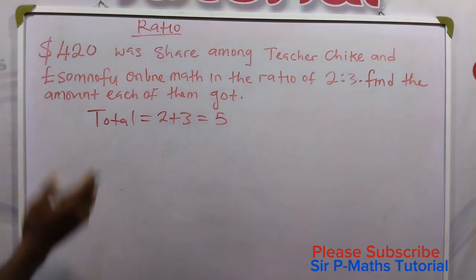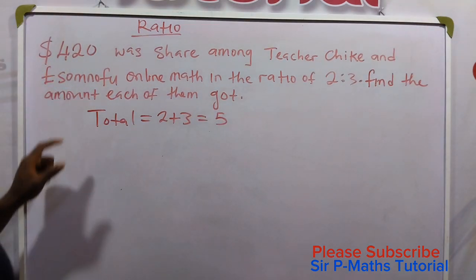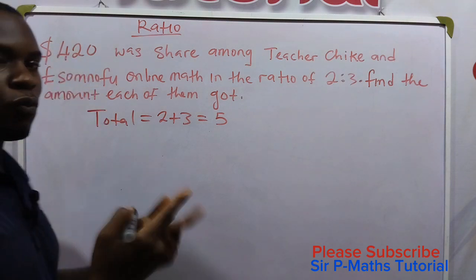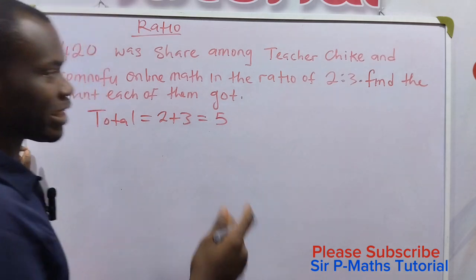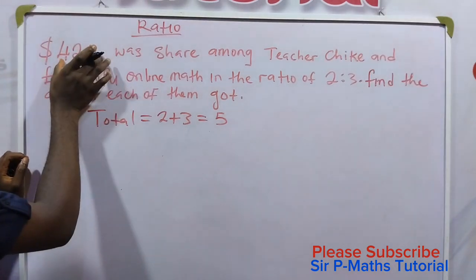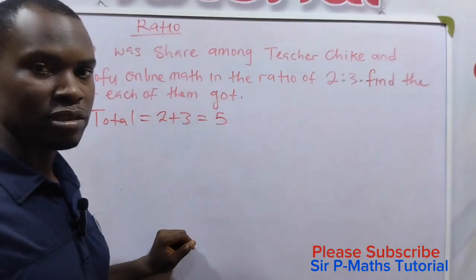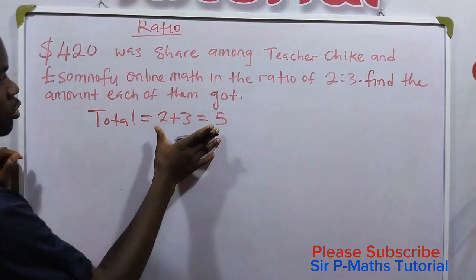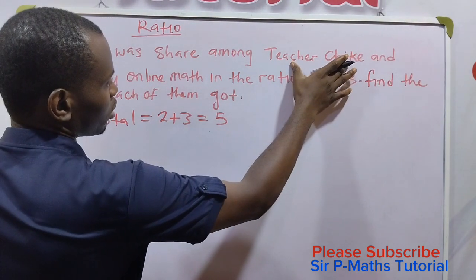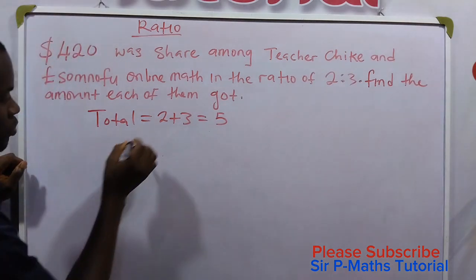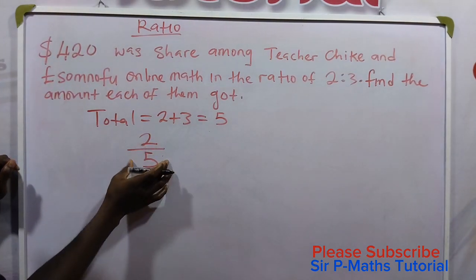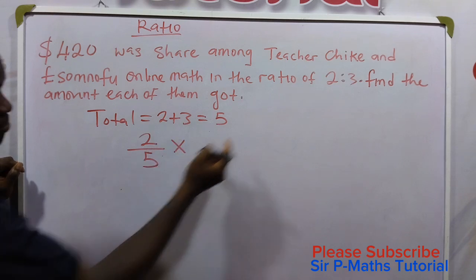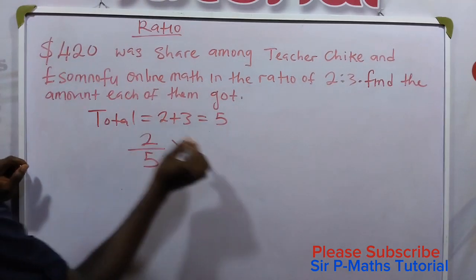Okay. So the next thing we do is to get the amount of one of them. When you get the amount one of them got, you can now take it away from the total amount. You get the amount the other person will have. So let's solve for the ratio for the amount that Teacher Chike got. That is 2/5. His ratio over total ratio times what? The amount shared,